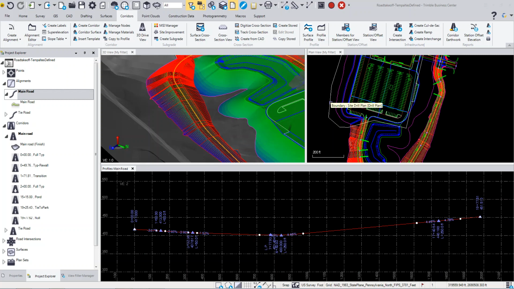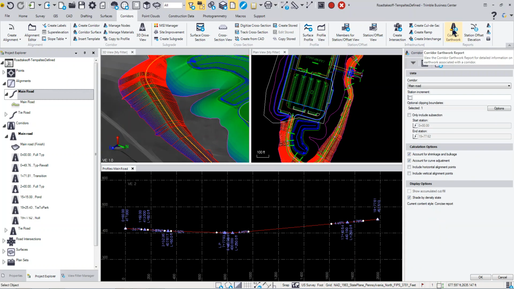After you've defined your corridor, you can create a series of reports. The first report is the corridor earthwork report. The corridor earthwork report will take a look at the corridor. You can identify your station incrementing that you want to report on, as well as include any subsection, or only